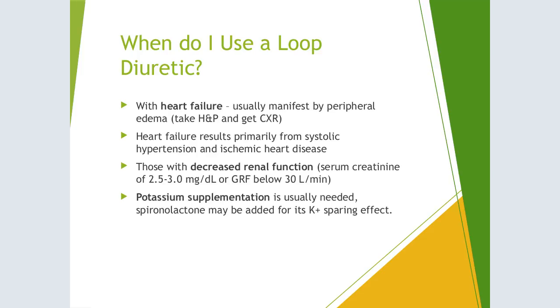Spironolactone is great, but it doesn't really help a lot to me unless I've already gone on one type of diuretic and I'm having to add on that Aldactone for a second diuretic. I will do that. If we have ascites secondary to cirrhosis, I will add on that Aldactone to pull off some of that ascites. Otherwise, we go with Lasix or Bumex pretty much for this.